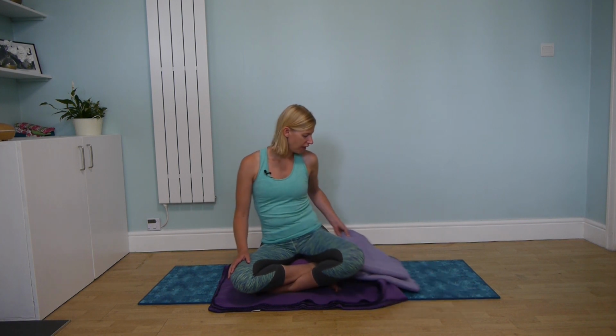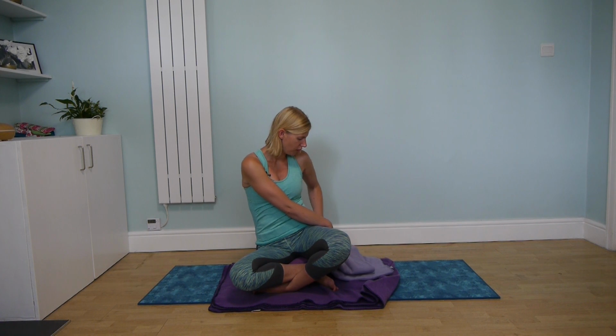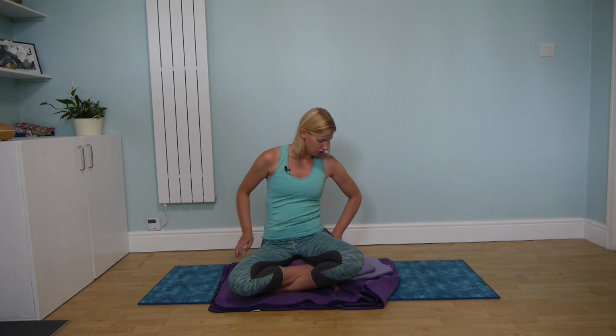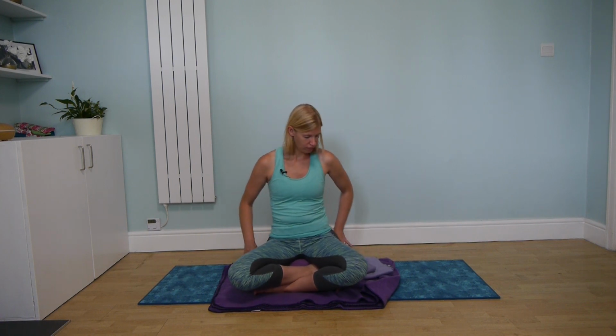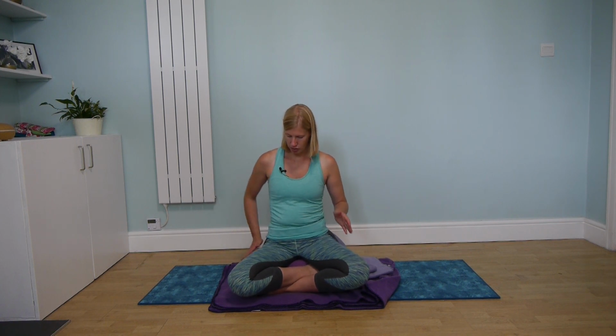So for me, I always feel like I'm sinking into the left side. So I like to raise this left side a little bit with a blanket. So I have a blanket here. I'm just going to wedge it under the edge of, just under my thigh and bottom on this side, to allow for this right side to drop a little bit more. And then lifting up through the spine, lifting up tall,